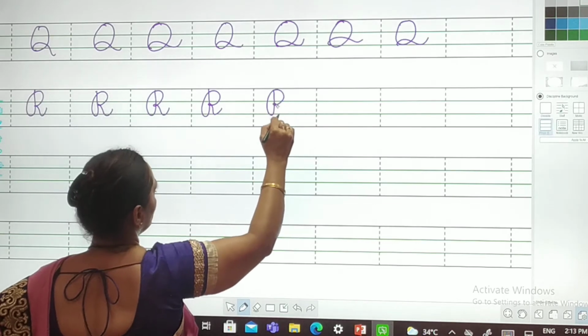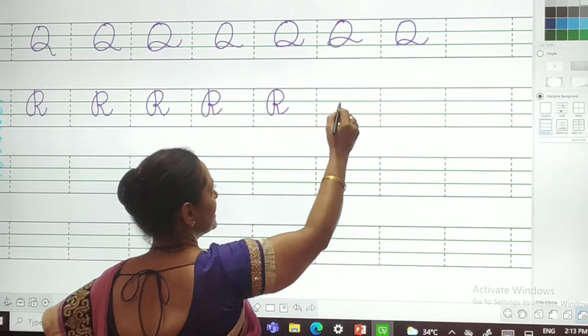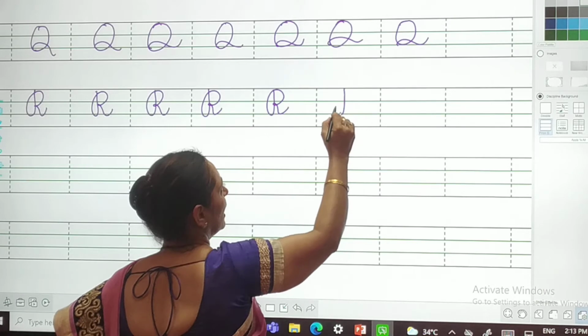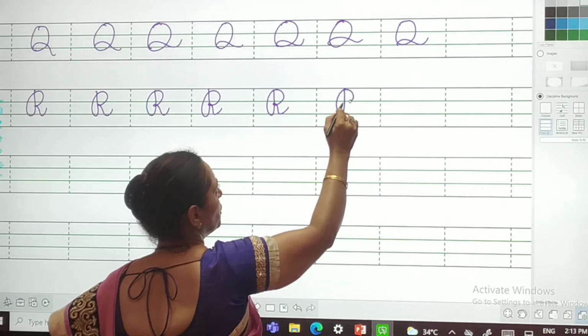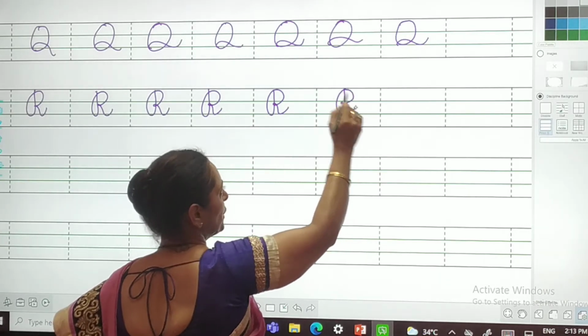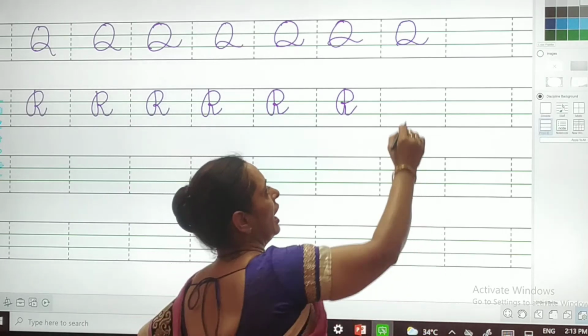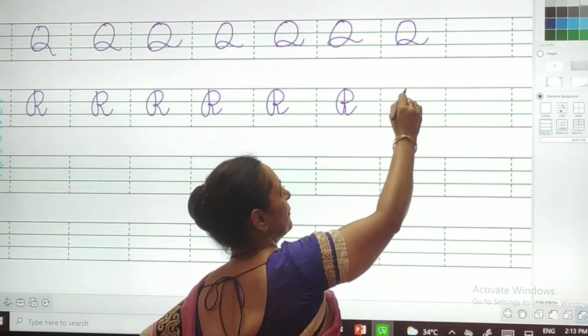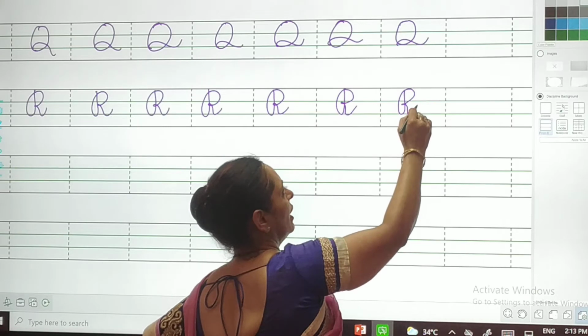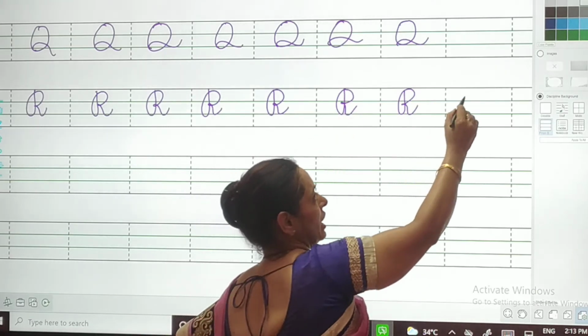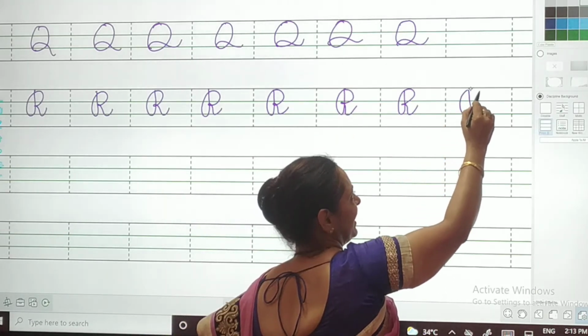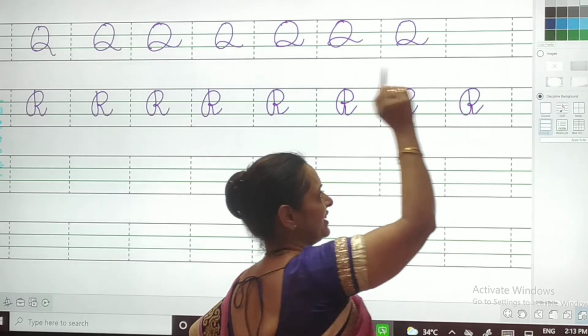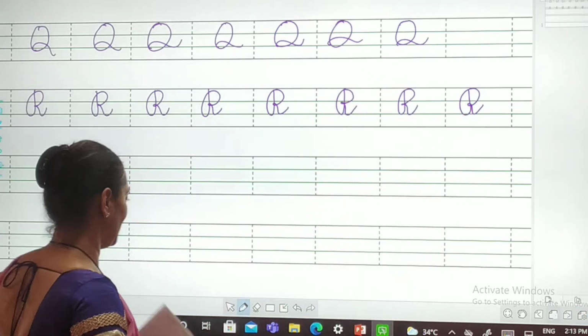Why only R for rabbit? So this is R and it will go in this way. Got it? R, capital cursive R. Okay. Now once again. Very nice. See, it's looking good, no?